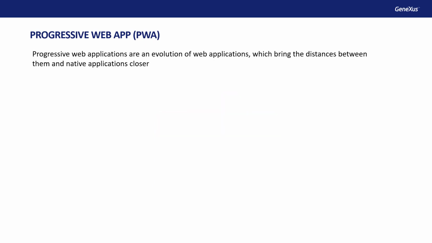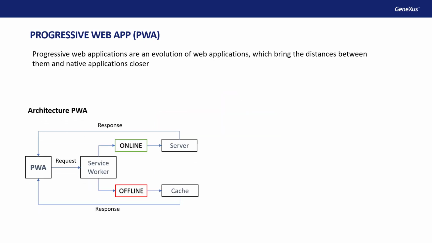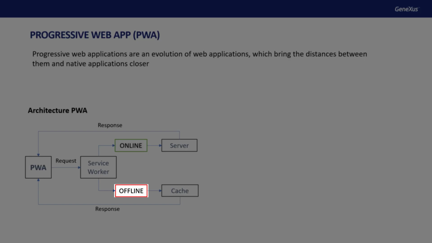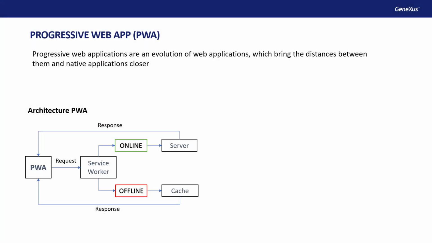Let's look at the architecture of PWA. These types of applications use a technology called Service Worker. Service workers allow PWAs to run in the background without the need to reside in the browser. When the application is installed, the service worker is also installed together with its cache in the browser used. This will allow for offline use of the application, because it loads the content from the cache. This loaded data was saved in our last access with internet connection.